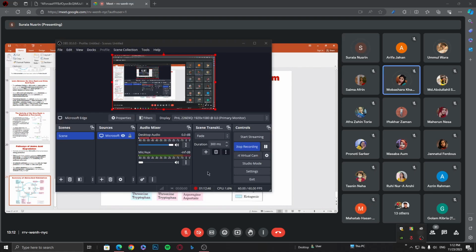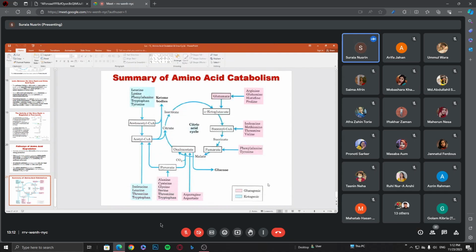In case of ketogenic as well, same thing. So here you show catabolism, not just catabolism, you show acetyl CoA, and how they actually have the direction, they can enter the TCA cycle or they can go to the synthesis of ketone bodies,